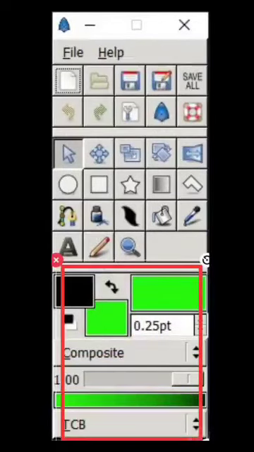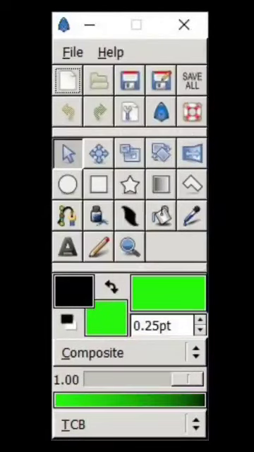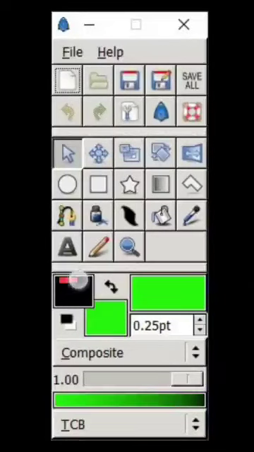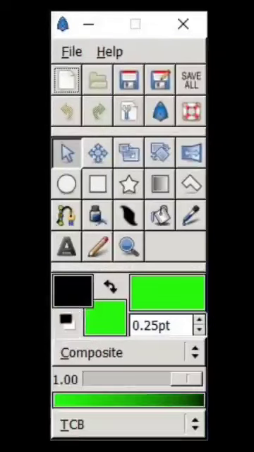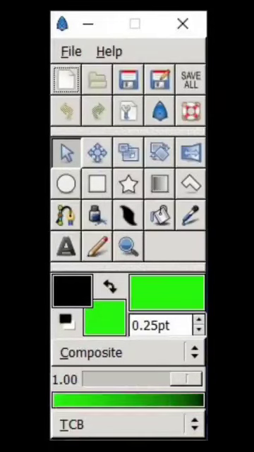This is the lowest palette. The lowest palette contains the default settings for the new layers, and it contains foreground color, background color, brush size, reset the color to black and white, blend method, opacity, gradient, and interpolation.